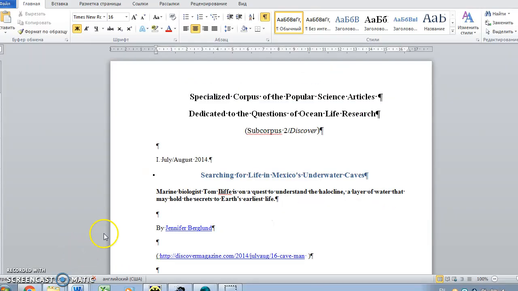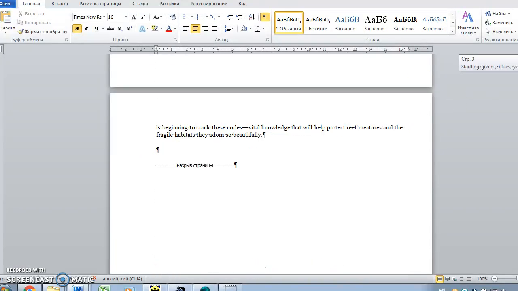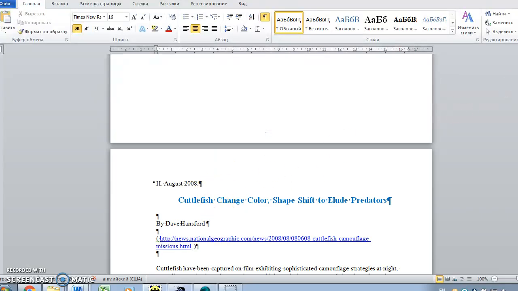If you look at these files, we will see that they include, of course, the title of the subcorpora, and I made sure that it's possible to see the name of the magazine where these articles are taken from, and it refers both to the name of these files and to the title of the subcorpora themselves. And the same in the second one, as we can see here. These files also include the date of the issue where these articles were published. This information is provided for each article, for example, in this case, May 2005, or in some other case, August 2008, and so on.